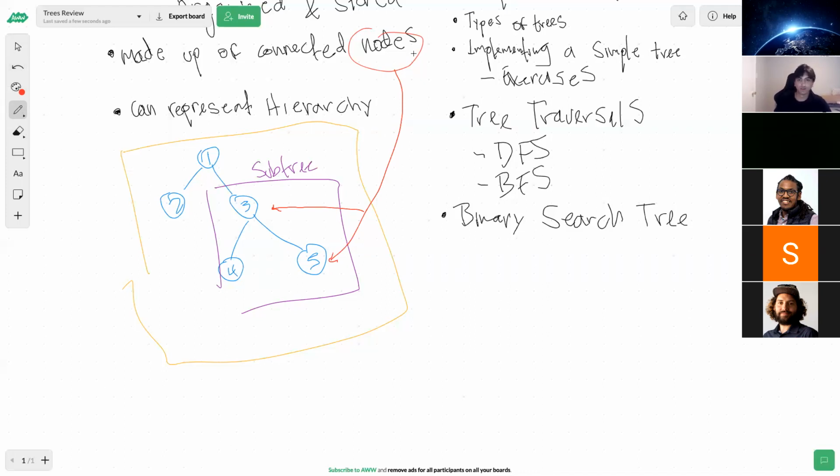Let's also define that here. So that is correct that it could have a parent. And in fact, the DOM is a tree.